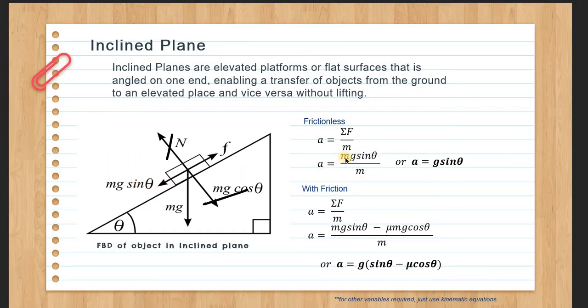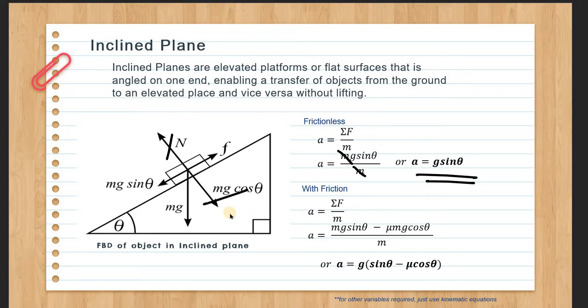So you will just have here acceleration is equal to mg sine theta over mass. And knowing that there is mass in the numerator and denominator, so you can have this equation. A is equal to g sine of theta. Because remember that in an inclined plane, the acceleration is not dependent on the mass, but it is dependent on the